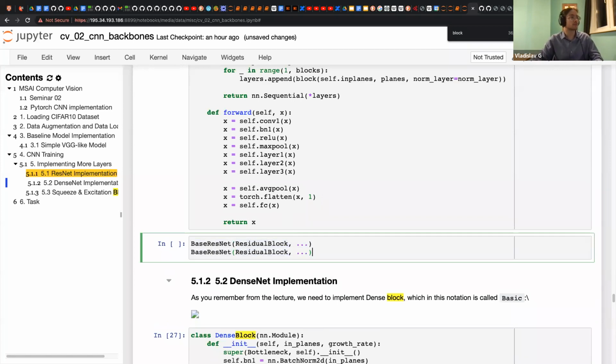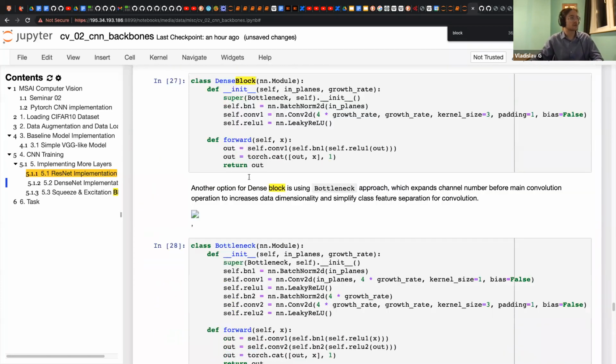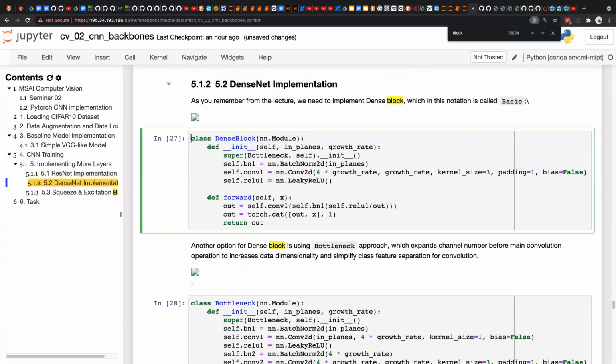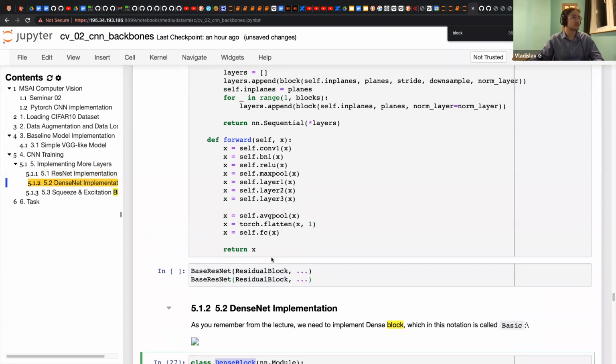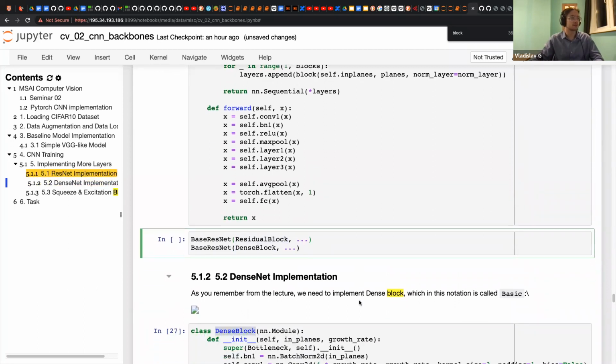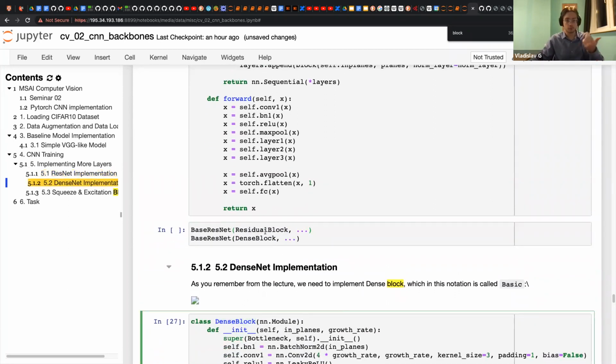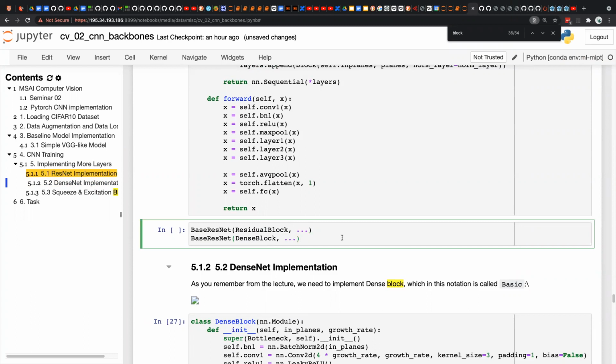For example, we define a dense block here, and we could pass it to ResNet to get a ResNet with dense blocks. This is why we created such a parameter. Okay, I see. Now it's clear. Thank you.